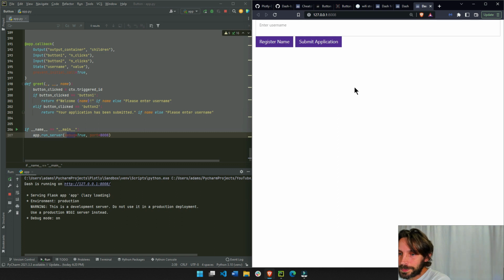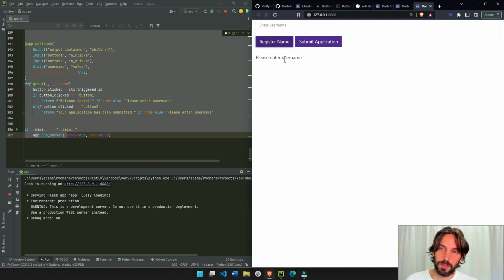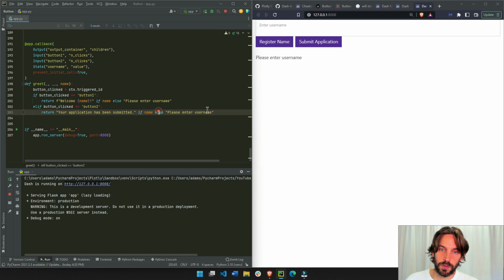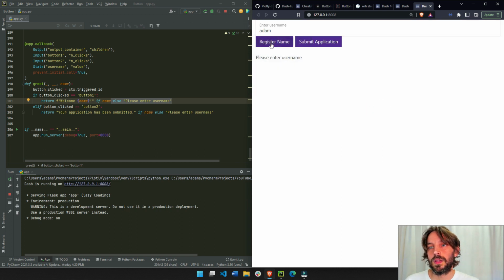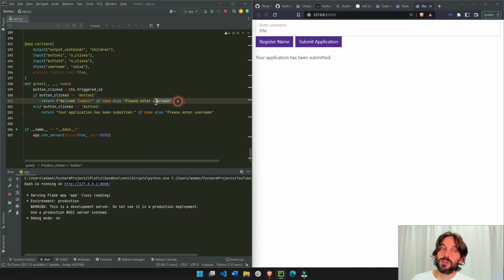And here you see we have two different buttons. And if I click on register name, if there's no name, it'll say please enter username, like you can see here. And if there is Adam, then it'll say welcome Adam. Now, if I do submit application, it will say please enter username, submit, your application has been submitted. But it can only do this